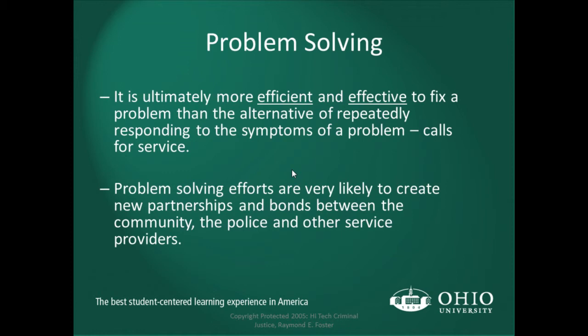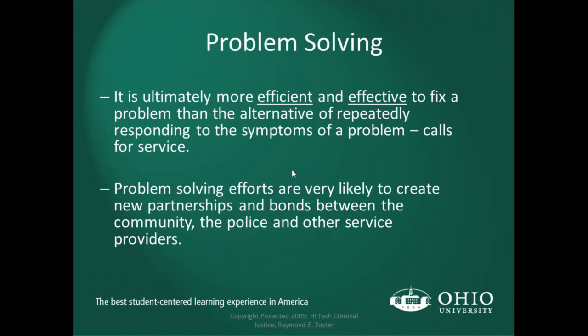So, one of the things that is clear is, if we can get to the root cause of why we're responding to all these types of calls, we can be more effective. And obviously the effectiveness is just to prevent the crime. And maybe we do a few steps up front. We do some crime prevention education, whatever it might be, and that's how we become more efficient. So taking a couple steps up front to prevent the crime is more efficient and effective than